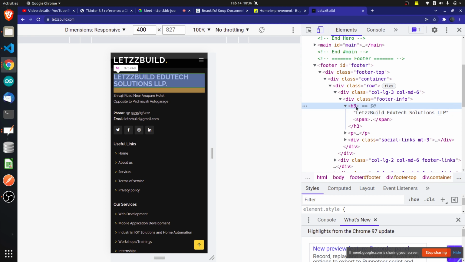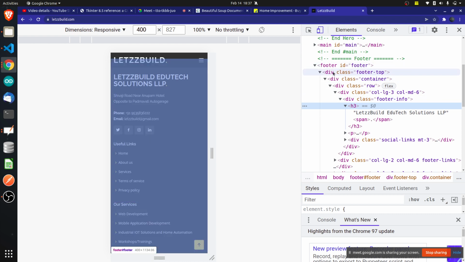Okay. I think there is no class here. Is it given? Class is not given. But you will find that every tag, div meaning a container or a box, will be given a class or an ID. IDs and classes are used to uniquely identify the elements, because there might be multiple containers, multiple images, and multiple texts inside a web page. So how do you uniquely identify each text? Classes and IDs are used for that.